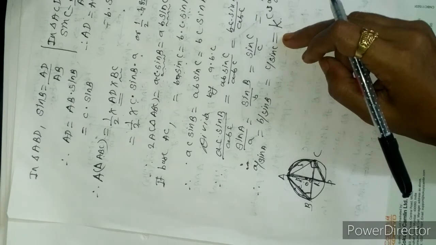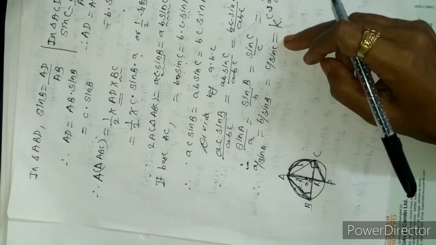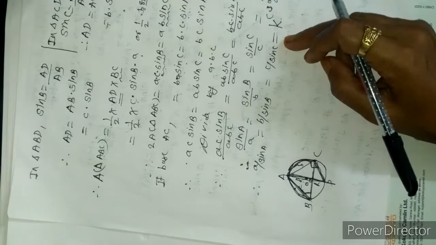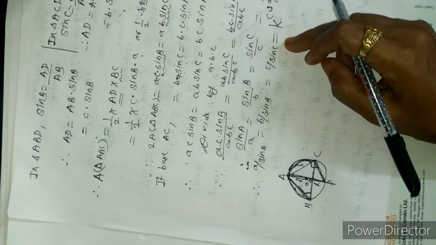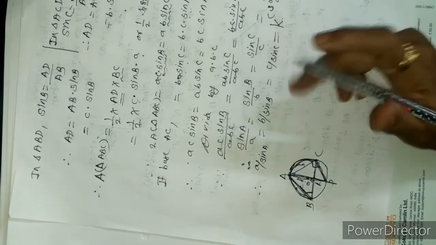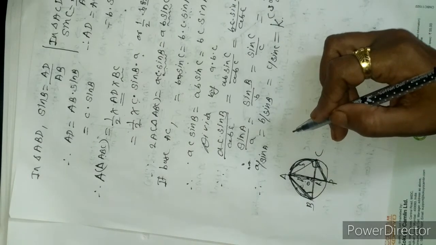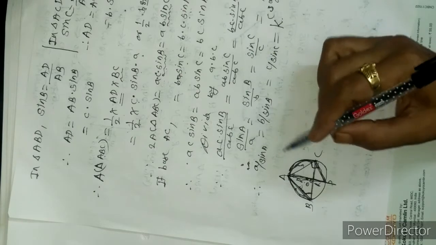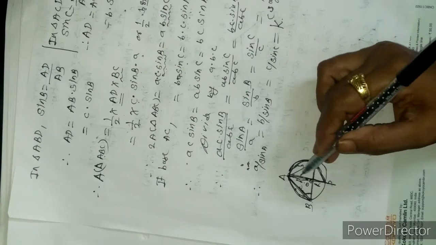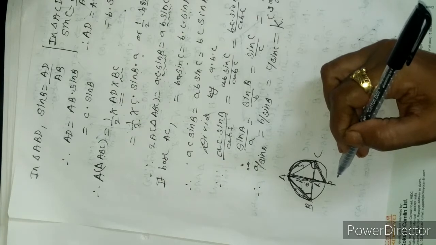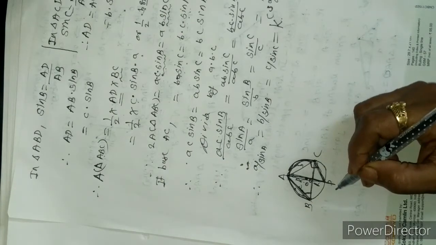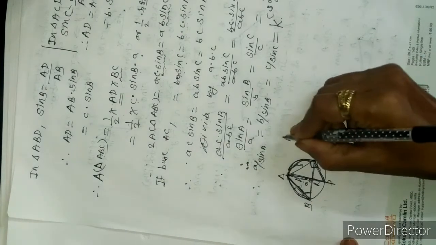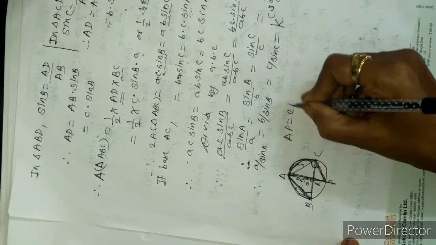for this we take formation of the triangle using the concept that the sum of three angles of a triangle is 180 degrees, and at least one of the angles of the triangle is not a right angle. So suppose we take that at vertex A, angle A is not a right angle, then we take the diameter through the vertex A, which is denoted by AP, and P is the point on the circle. So we take here that AP is equal to 2R.